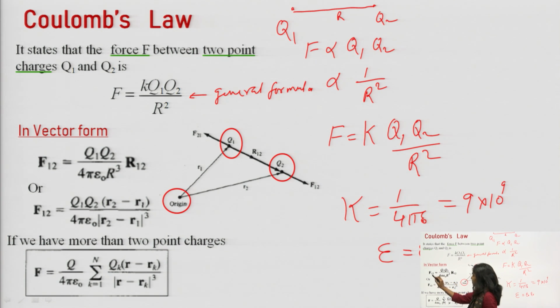This is the force between two charges Q1 and Q2, which are R1 distance and R2 distance apart from the origin. Now the force between these two charges F12 will be equal to the product of the charges Q1 Q2 by 4 pi epsilon naught R,